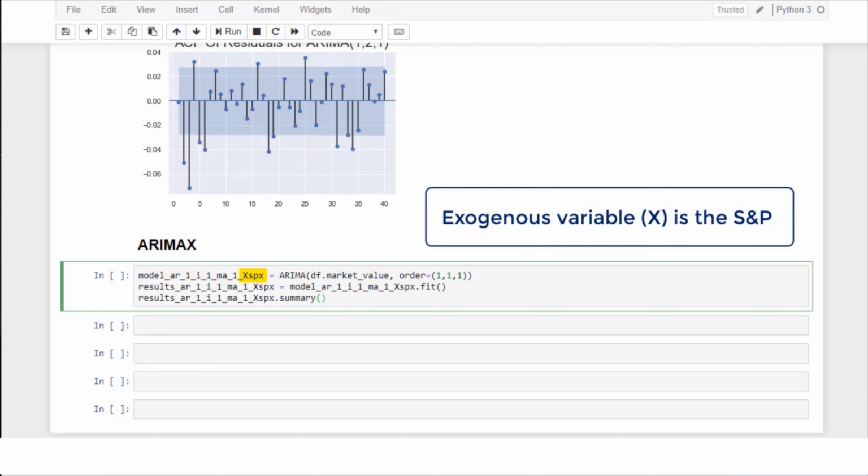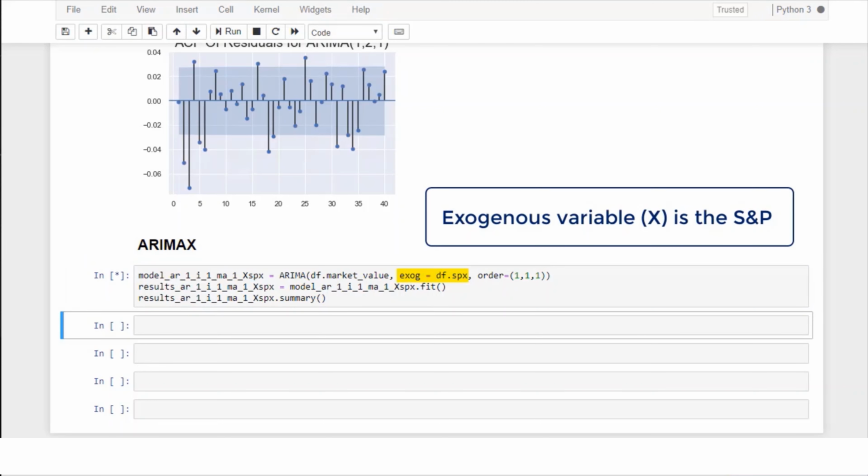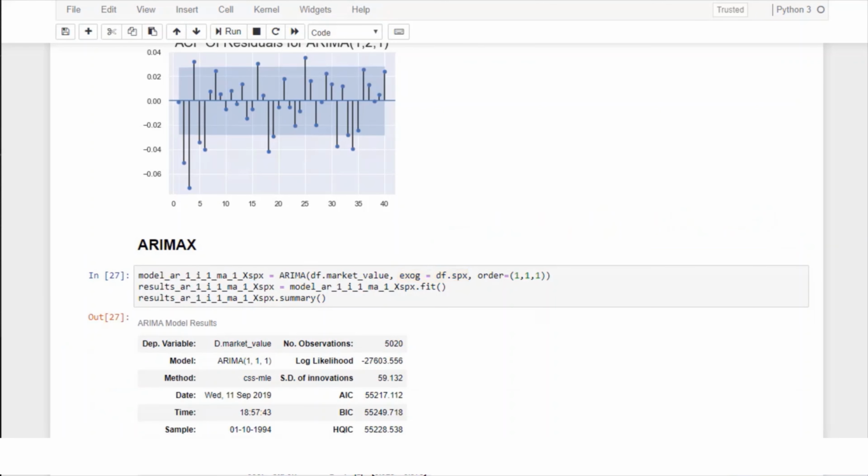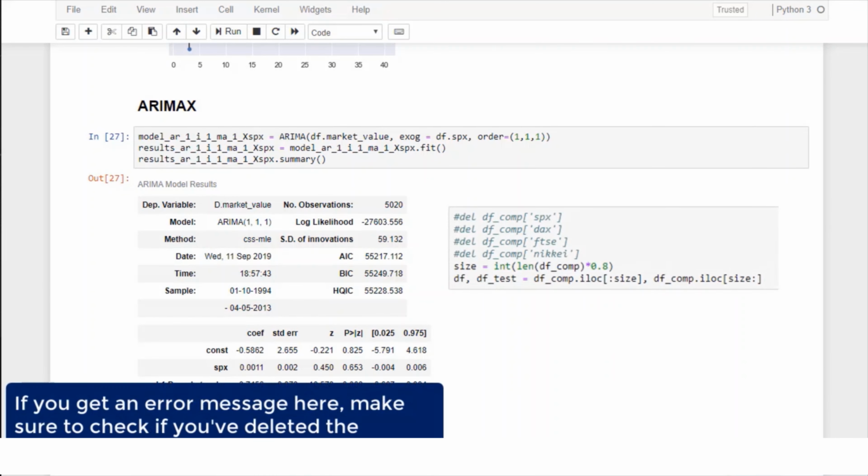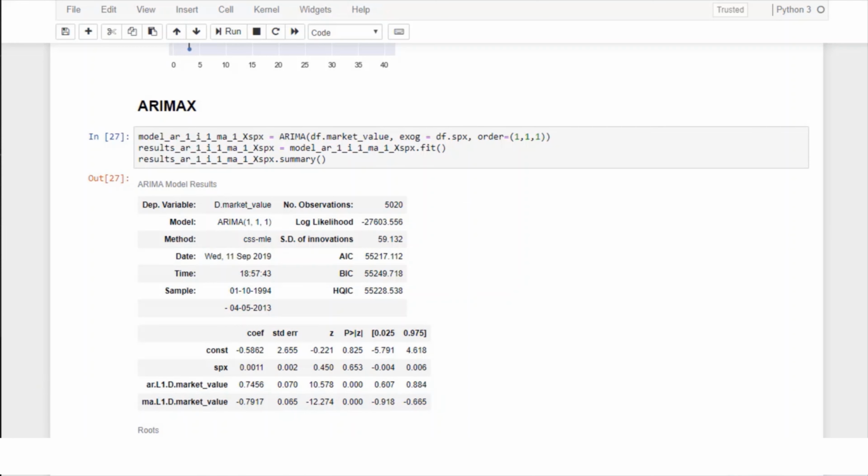Then we set this equal to the ARIMA method as before. We add the time series and the order as we're used to. Finally, between the two, we set the exog argument equal to DF SPX, which indicates the S&P prices. If we fit this model and print its summary table, we're going to see that we get an additional row